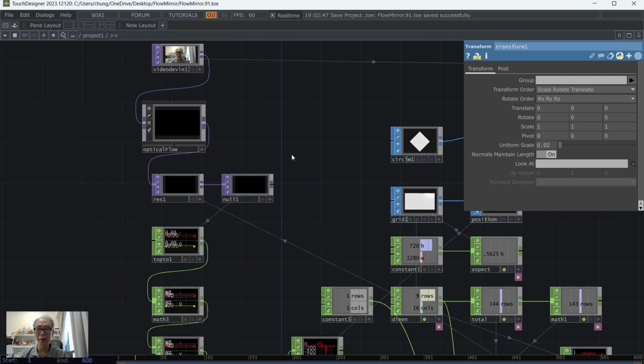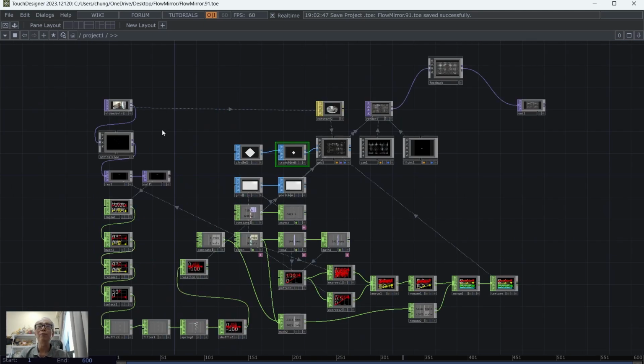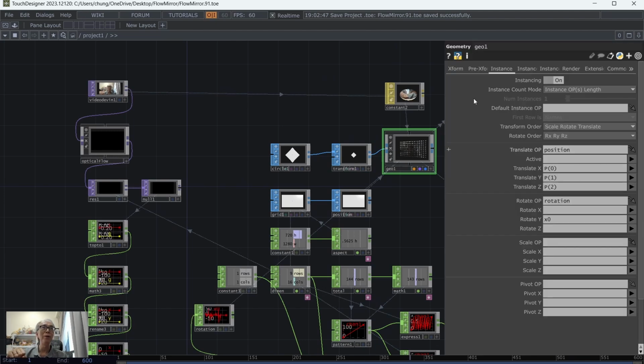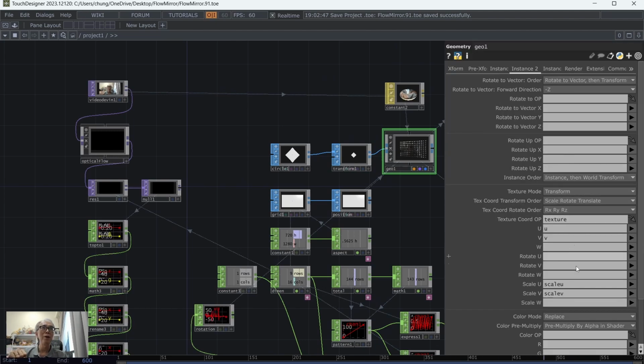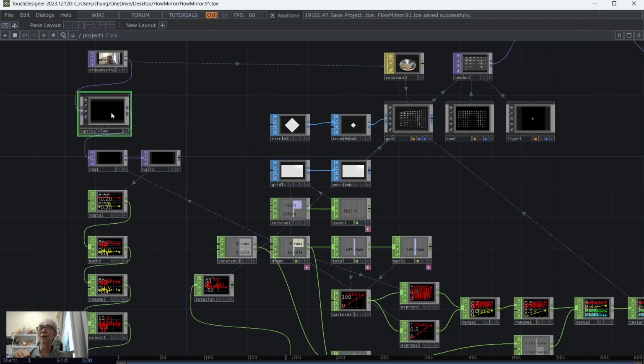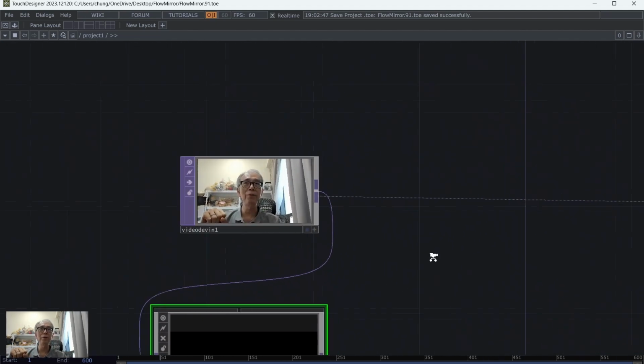So that will be the end of this particular section. I hope you enjoy this particular exercise, which makes use of two approaches. One approach is the instancing, where we work with texture transformation here, and the other is the one we worked on in the last exercise, the optical flow. So that concludes our exercise with optical flow as a creative